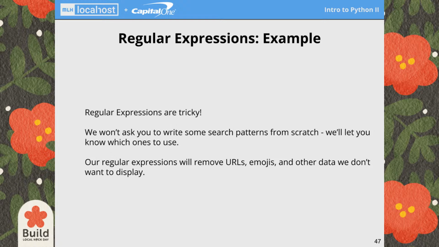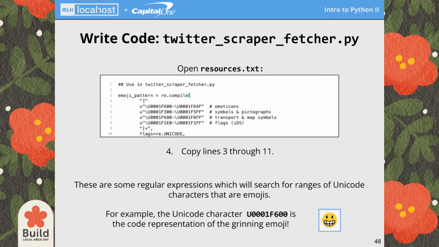And we won't ask you to write some search patterns from scratch. You may do this later in your programming life. But you can also find a regex calculator online, there's a really good one called Regex 101, or you can just look up a regex parser online, and it goes both ways. You can type in your regular expression and then try out different things to see if they match, or you can type out a message and get a regular expression that would match it. But we're not going to need something that complicated today.